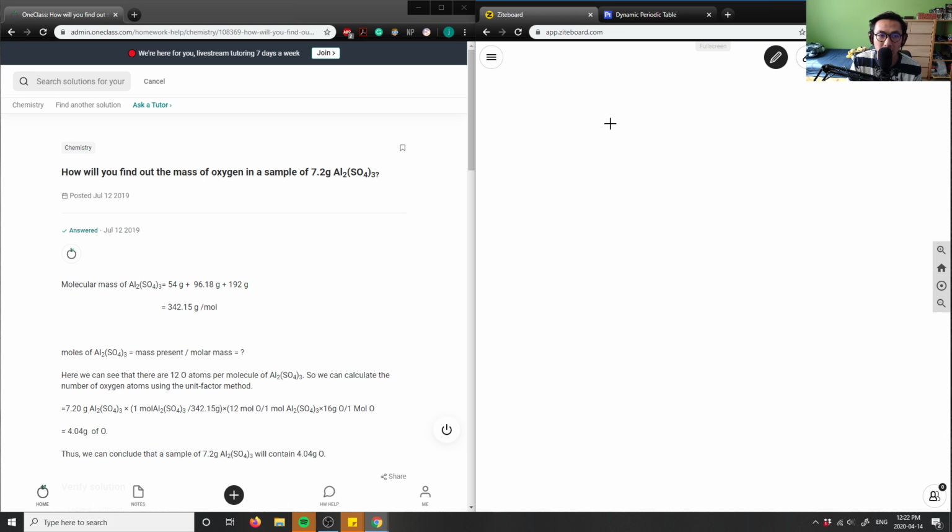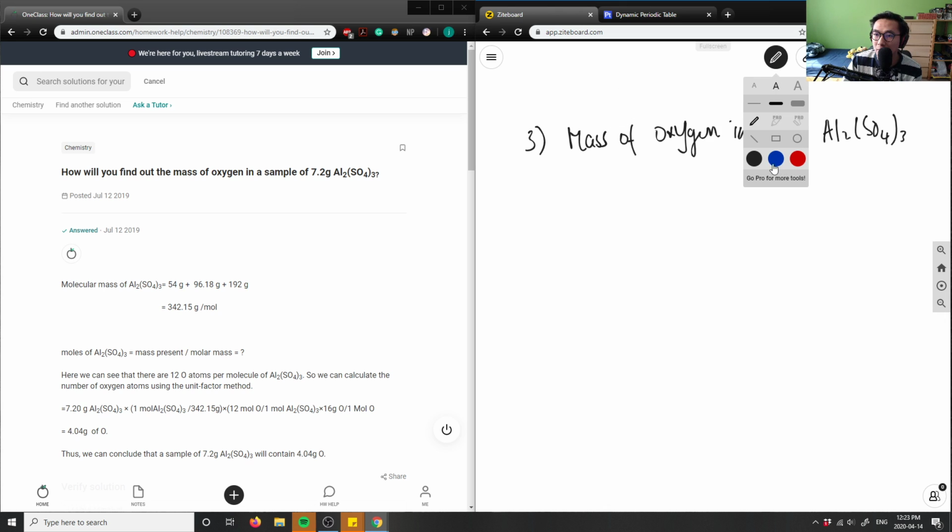So number 3 here is, how do you find the max mass of oxygen in the sample of 7.2 grams of this aluminum sulfate? So it says here, mass of oxygen in 7.2 grams of Al2(SO4)3, right? So how would you solve for the mass of oxygen? And when we talk about oxygen here, this mass of oxygen is this oxygen here. So what do we have to do first is, again,